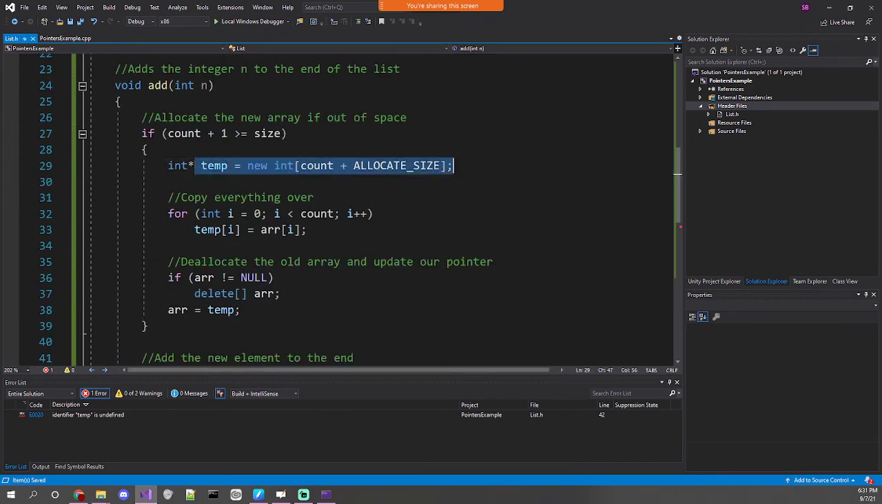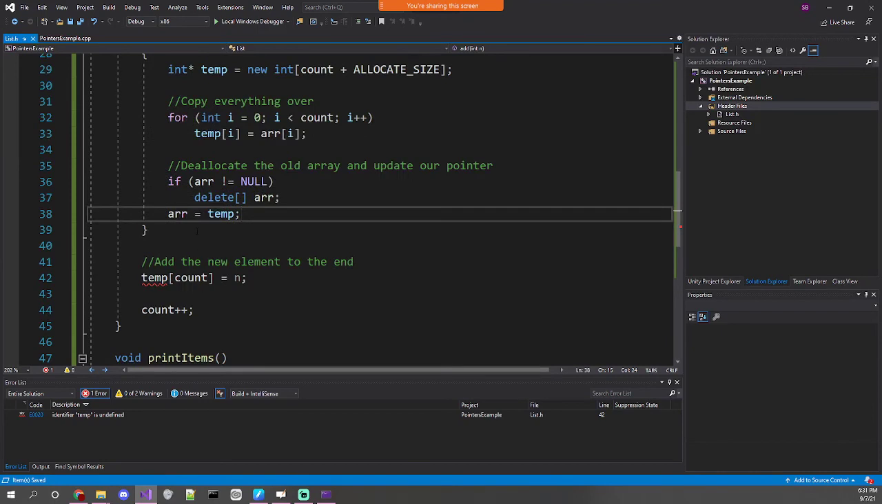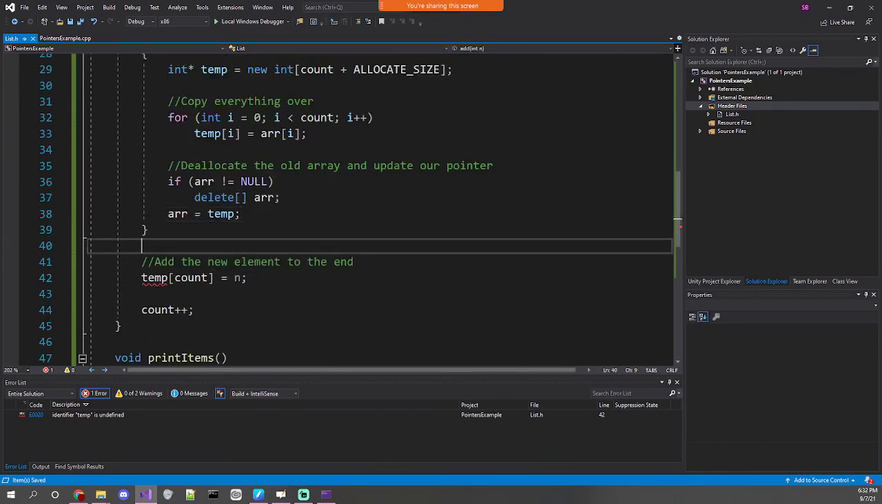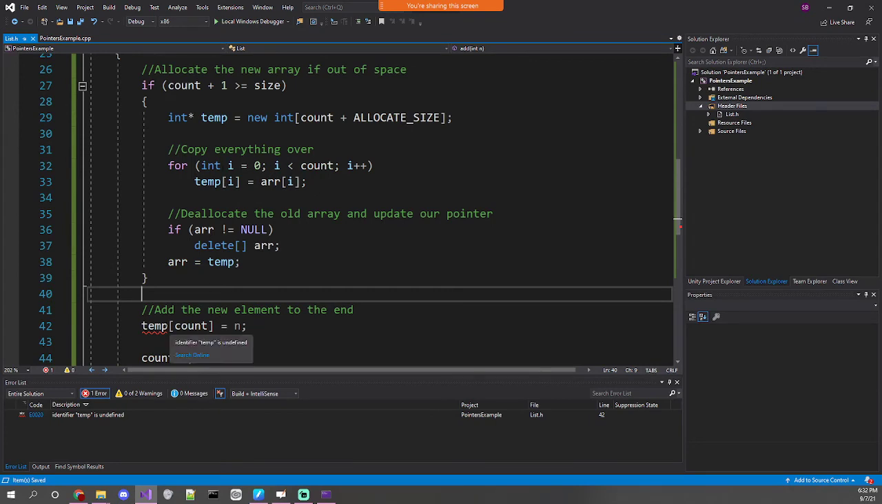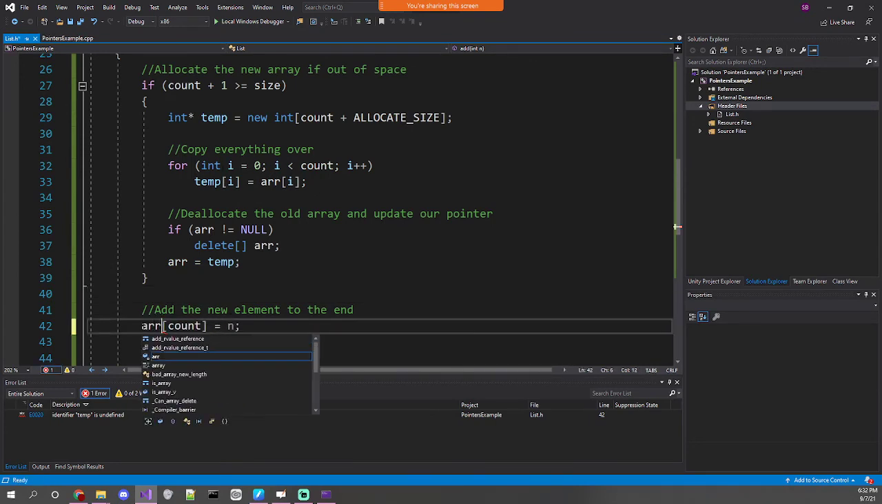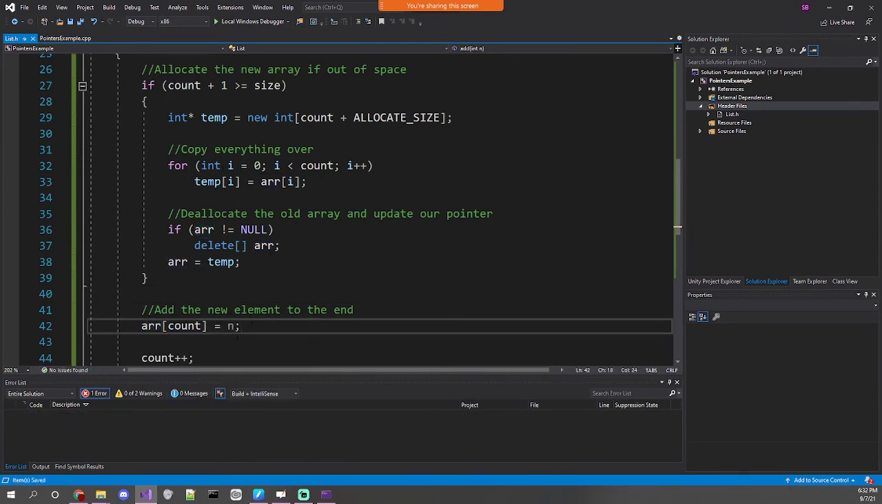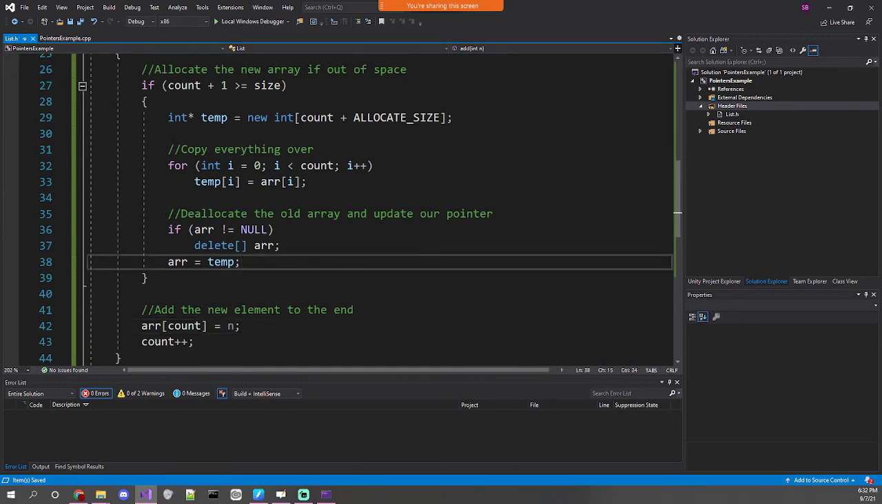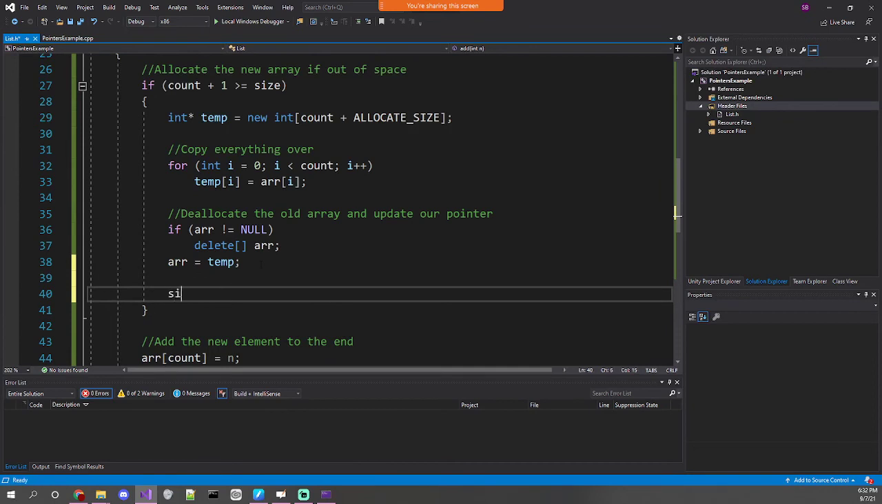We will create a new array, we'll copy everything over, we'll deallocate the old one, and then we'll make the current array pointer point to the new one. And then regardless of whether we allocate an array or not, we always need to add the thing to the end, so I'm going to do it this way. And then we should always make the count bigger. I'm missing one extra thing, which is that the size should also get bigger. So size plus equals,